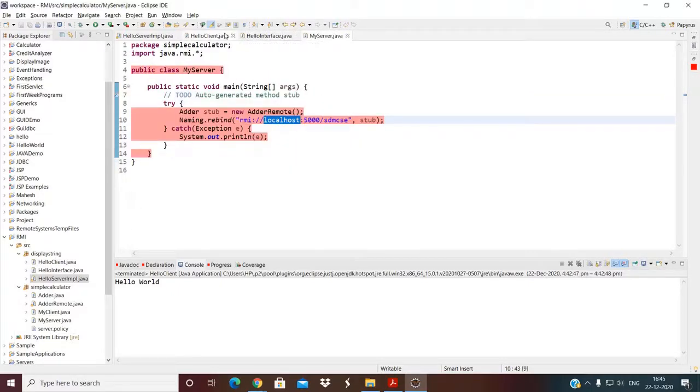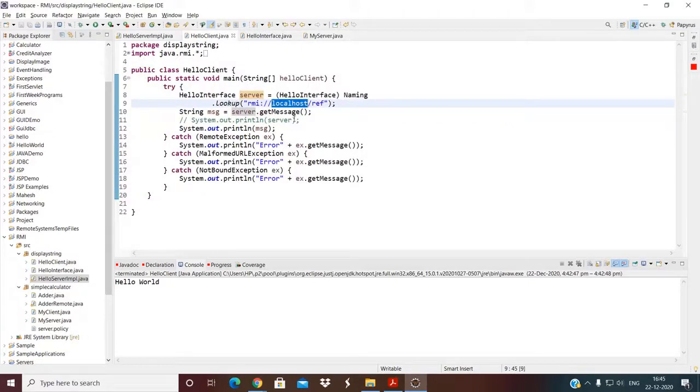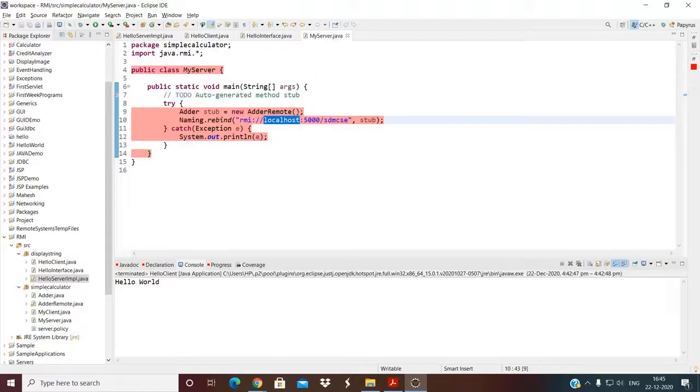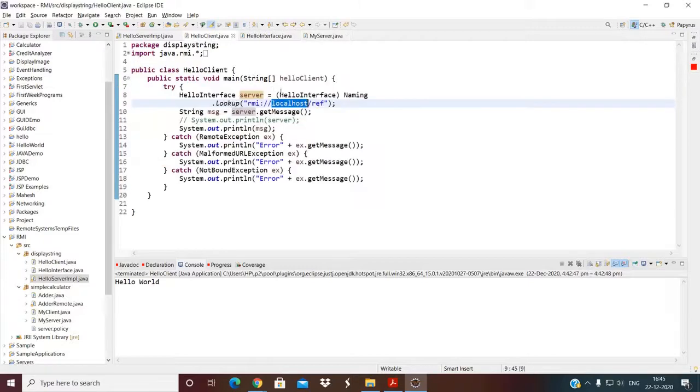There are two machines, one acting as a server and one as a client. This URL should point to the IP address of the server, not to the client, okay? So in both situations it should point to the server IP address. If the server IP address is, say, 192.168.2.2, then in both situations it is better to specify that address, okay?